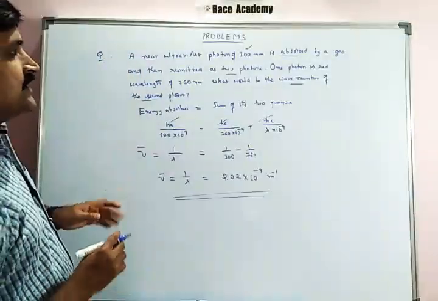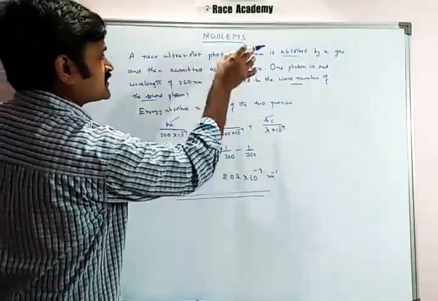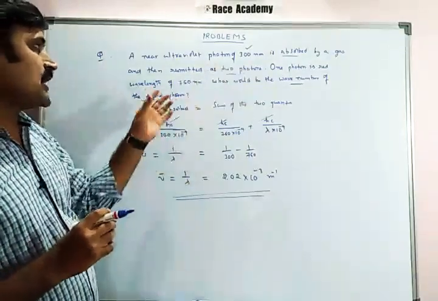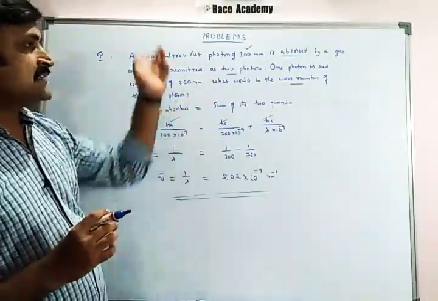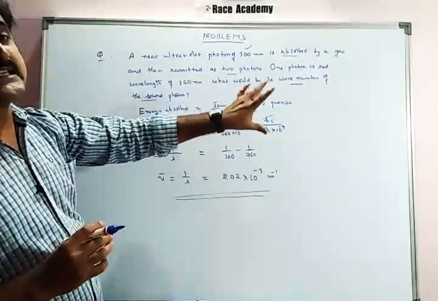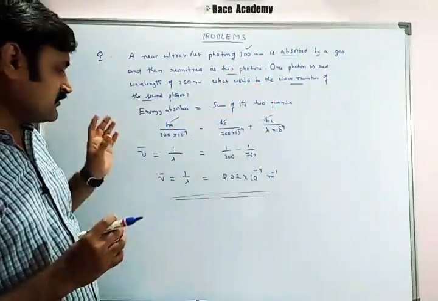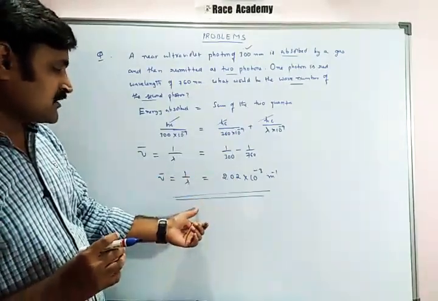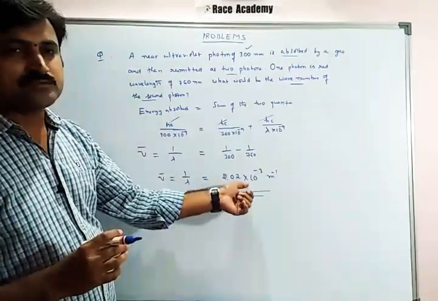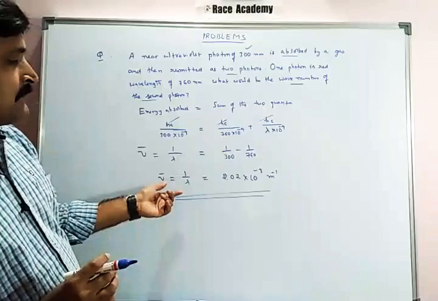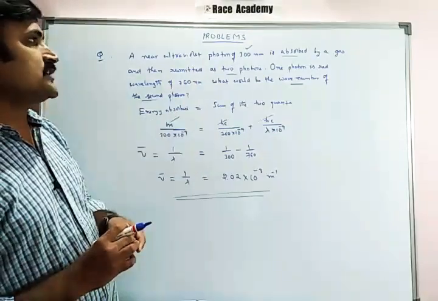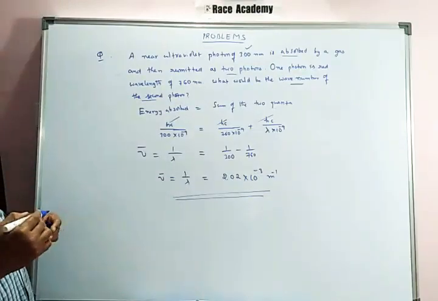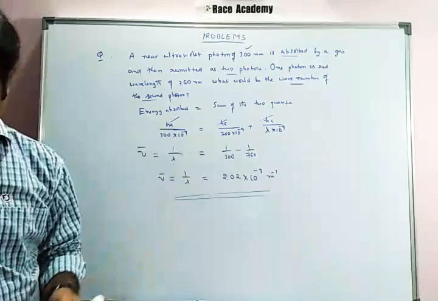There is an interesting problem in this. They have given that some energy is absorbed and the energy is re-emitted as 2 photons. One photon has 760 nanometers. For the other photon, they are not asking the wavelength, they are asking the wave number. If you want the wavelength, you can find it directly from this value, since lambda equals 1 by this value. So this is an interesting problem based on the energy discussion. Okay, we will see the next one.